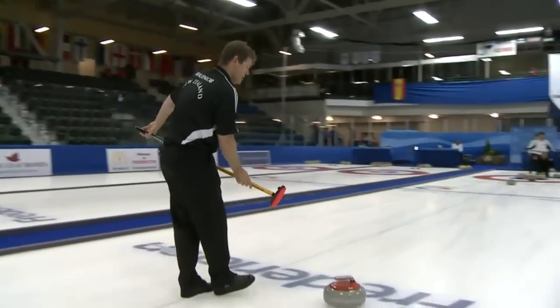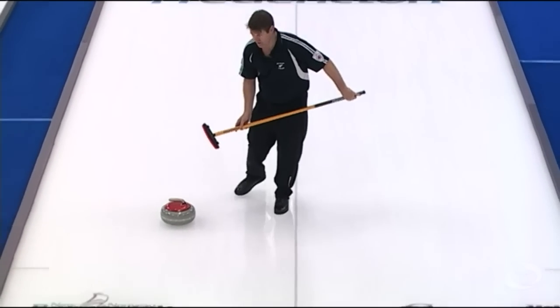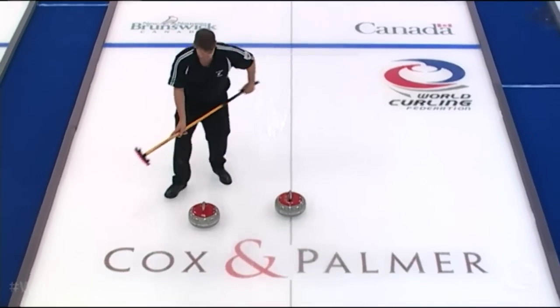Okay. Not coming at all. There's a lot of curling to do. Go at the back yellow one then. Still gotta come. Is he gonna go by it? Get by it then. Yep. Oh, oh, oh,